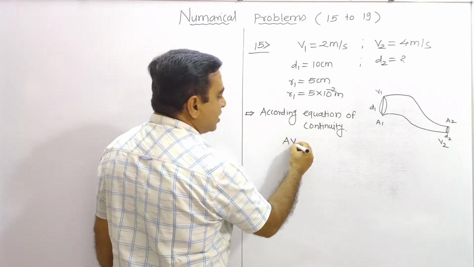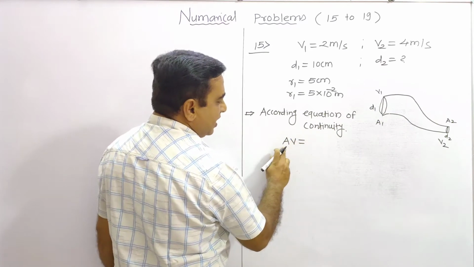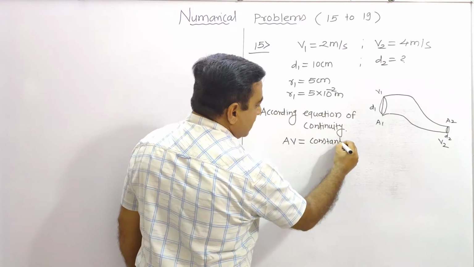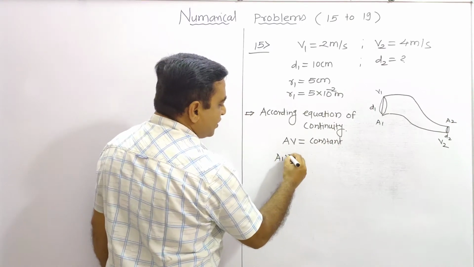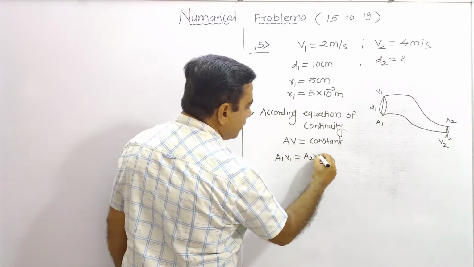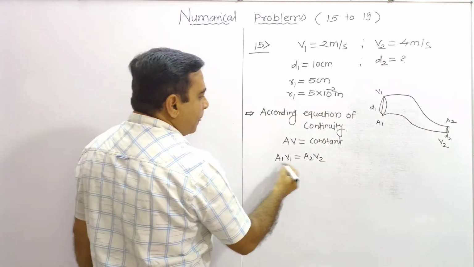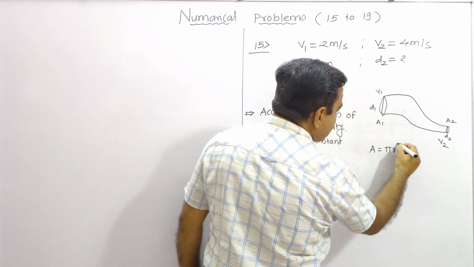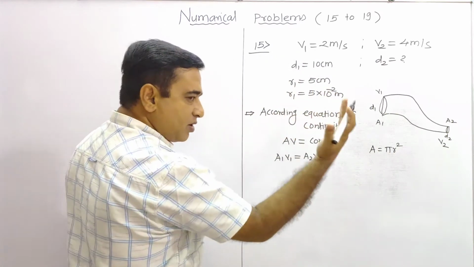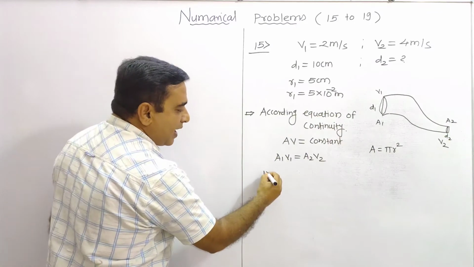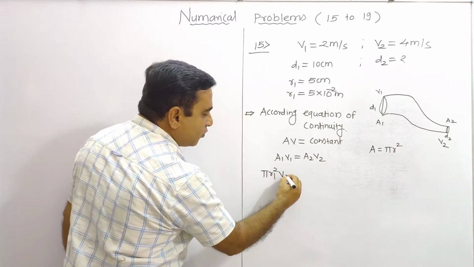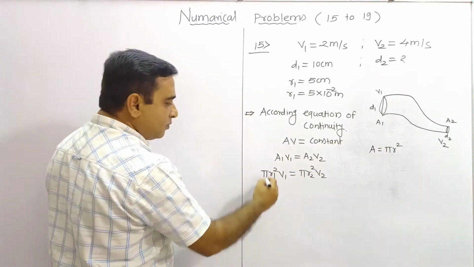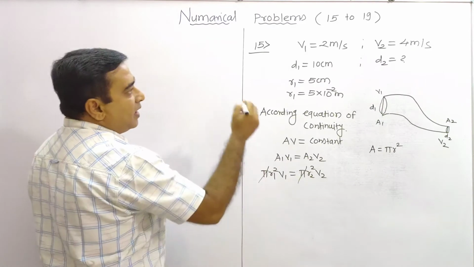So we'll have to know this. The basic equation for the continuity is A into V, area of cross section into velocity, is a constant. So we know that this product is constant. So A1 V1 is equal to A2 V2. Substituting now, we know the area of cross section, A is equal to pi r square, as it is a circle. So pi r1 square into V1 is equal to pi r2 square into V2. Pi cancels with pi. R1 square